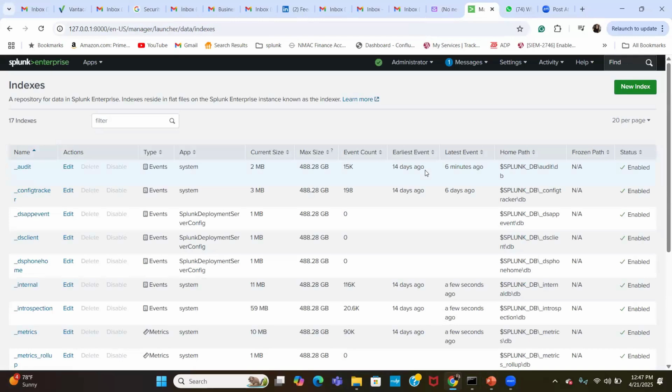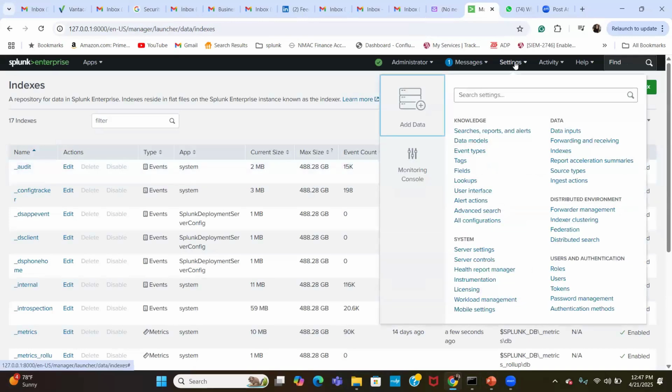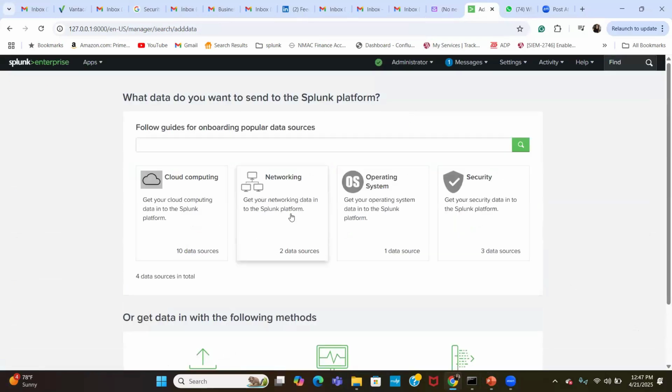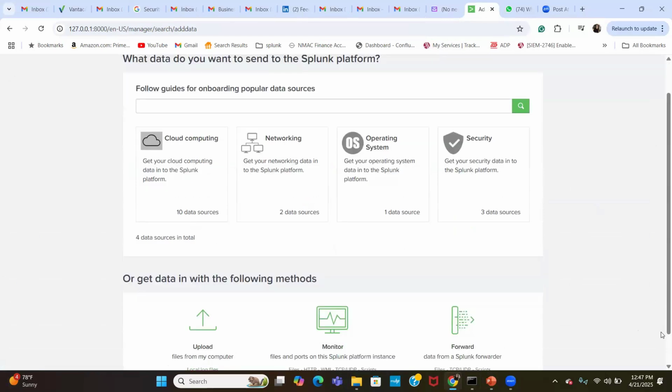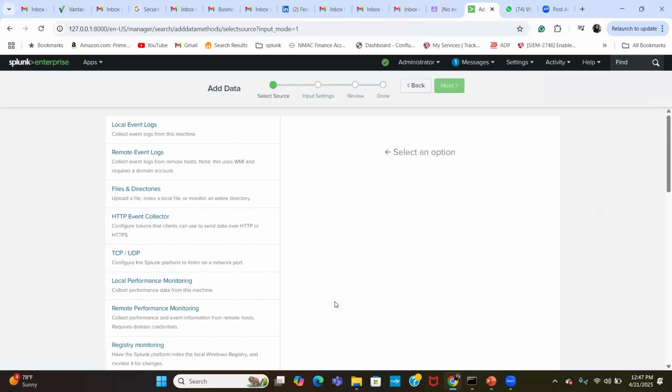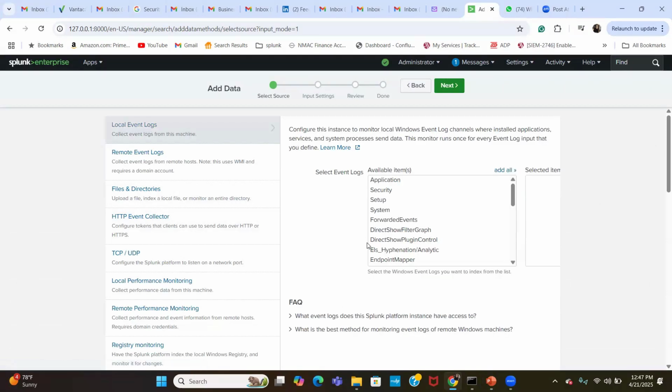Click on settings. Click on add data. Click on monitor. The monitor option is there. Click on local event logs. Select any 8 items. Select 1,